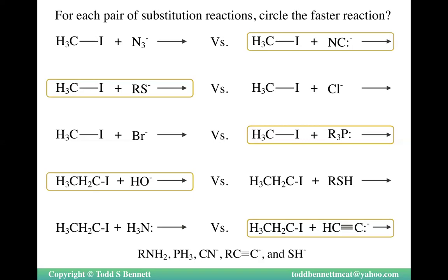Which one is more basic? Up to a threshold where it was too basic. And generally, higher basicity and smaller size will be your better nucleophile. Okay, we played the memorization game. We've applied it. Now